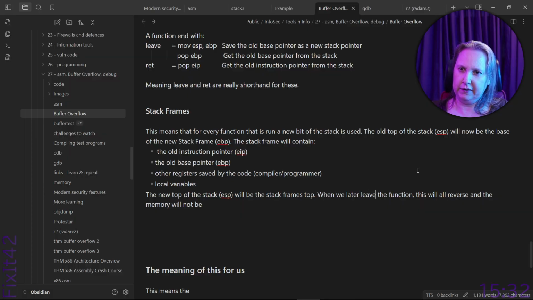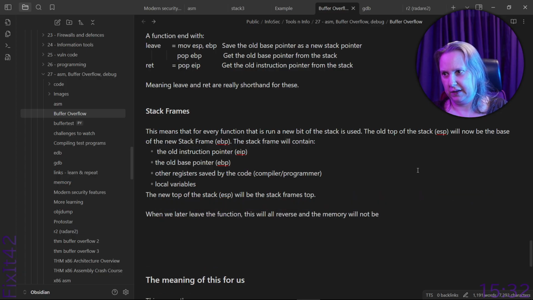We will later leave the function. Let's make a new section for this. We will later leave the function. This will all reverse, and the memory